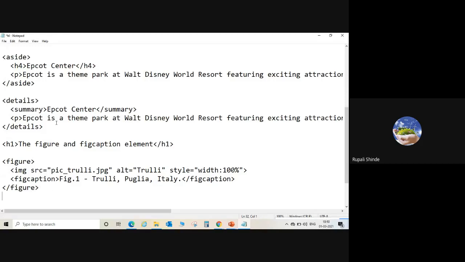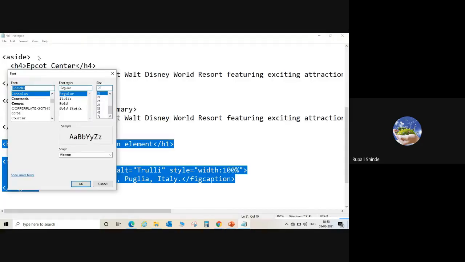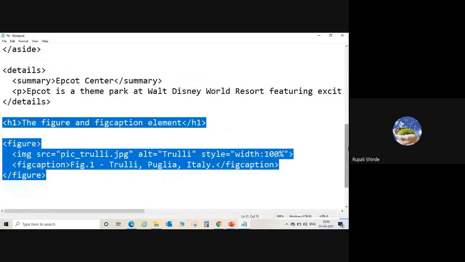Here we are dealing with the figure and figure caption element.